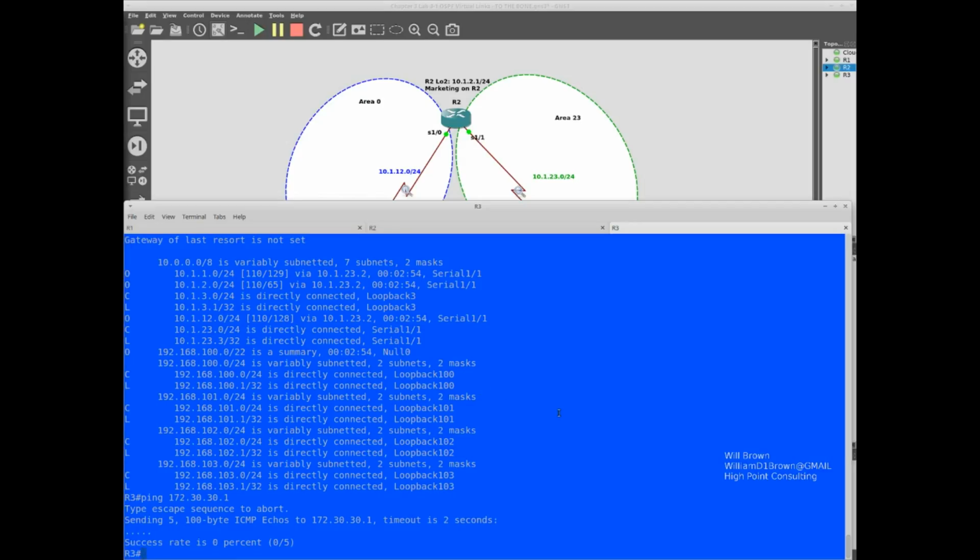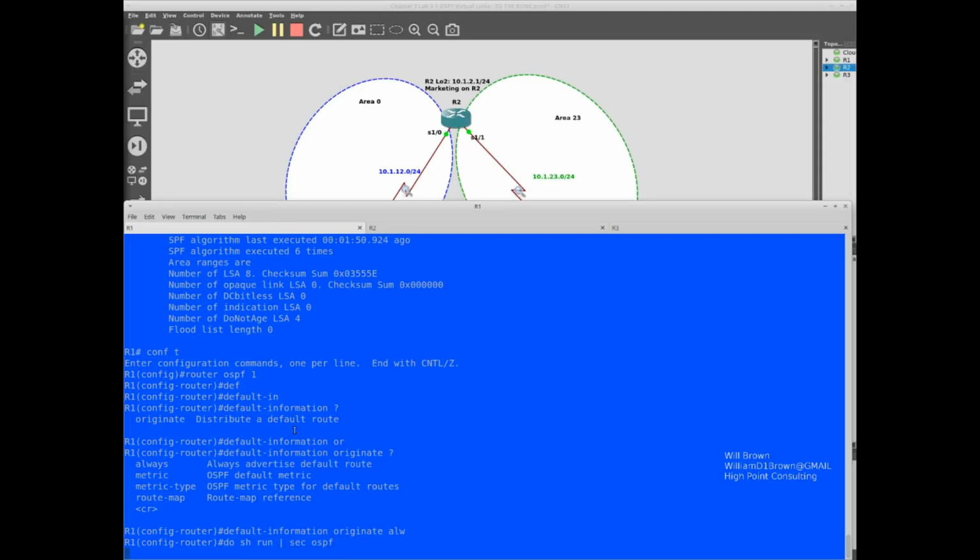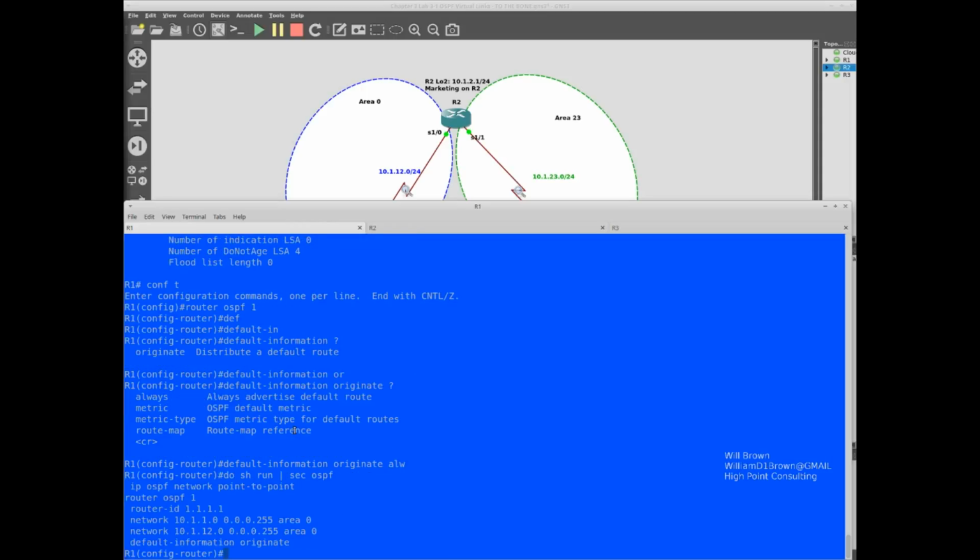So what happened here? I should have that route and should have a pathway from router 3 to that loopback interface on router 1. Oh, I know what happened. If I do show run section OSPF, I think I forgot to put the full command. I only put default information originate.